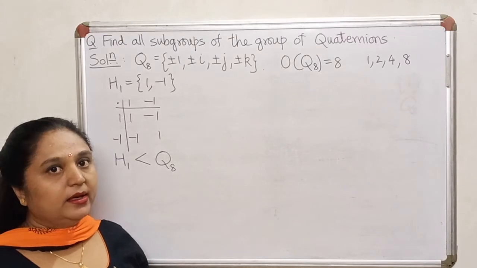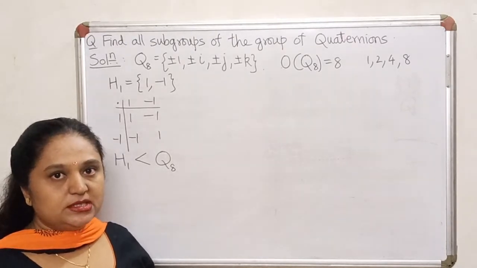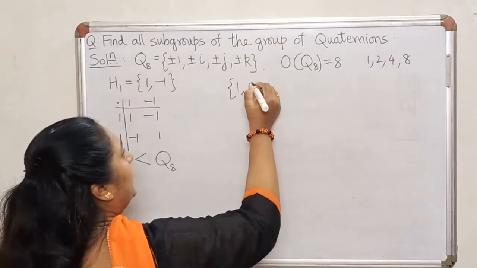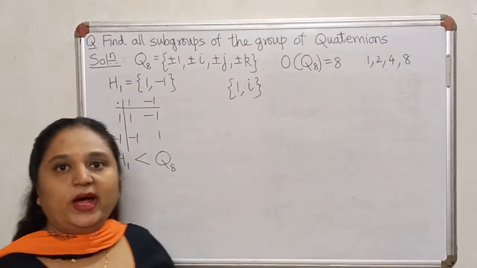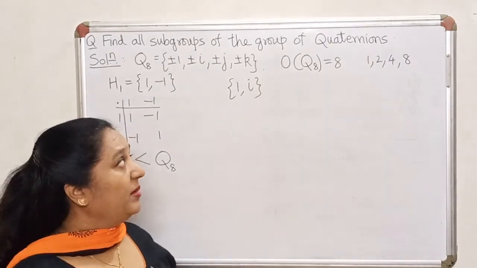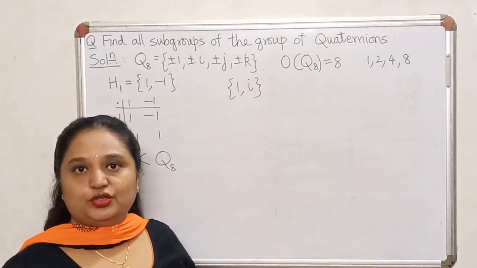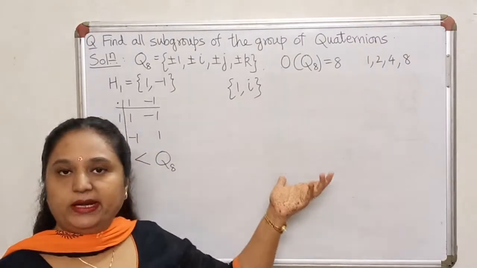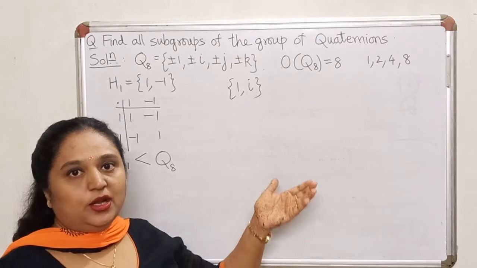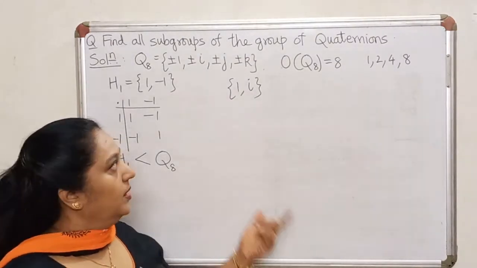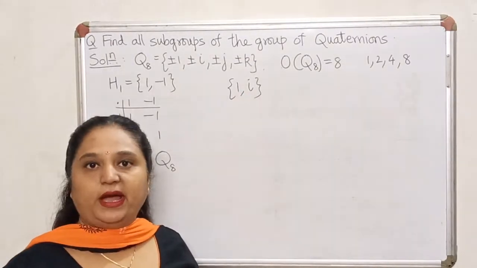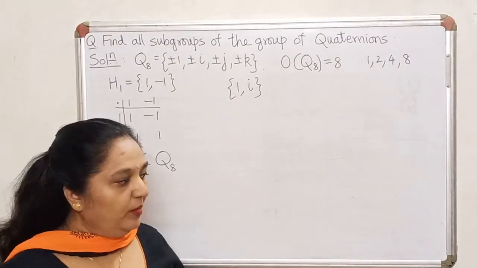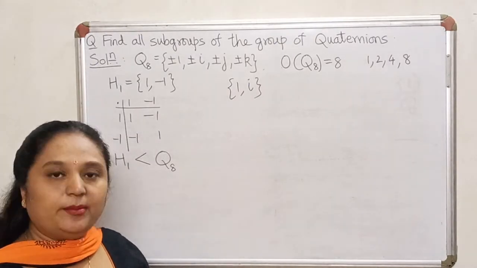Now look at the other 6 choices of subsets of order 2. The next one that I would have taken is 1 and i. But I don't really wish to do the hard work for all the remaining subsets. Let's just look at this subset. Why is this not a good choice? Because if you remember, the inverse of i is -i, which happens to be missing from this set. So no matter what you do, this is never going to be a subgroup.